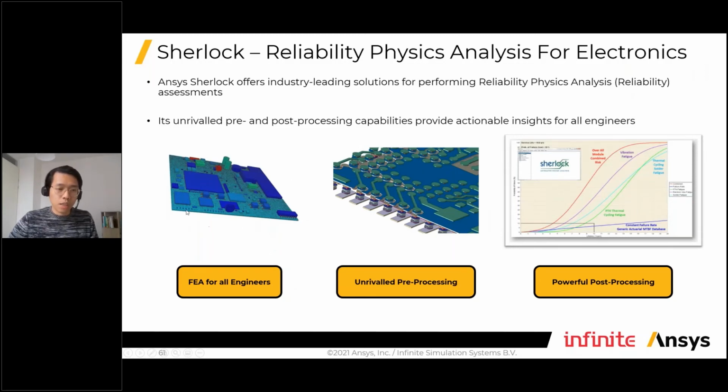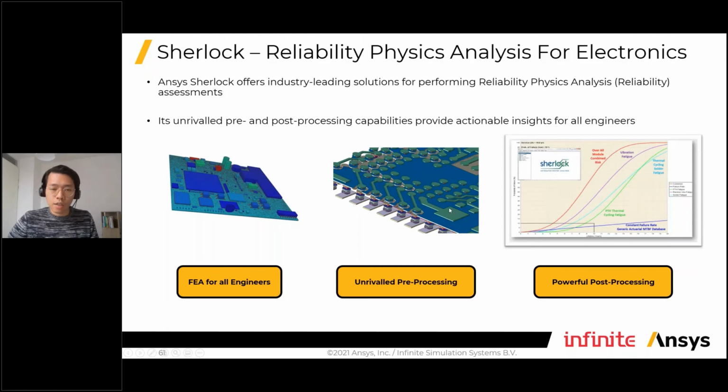So it is eventually an FEA tool, very easy to set up. All you need to do is bring in your ECAD layout, prepare a component list, and make sure the components are properly assigned. This usually will only take you a few hours for the first time, and then after that it will be only a few minutes, even a few seconds for the second or third time. Make sure that it is properly defined.